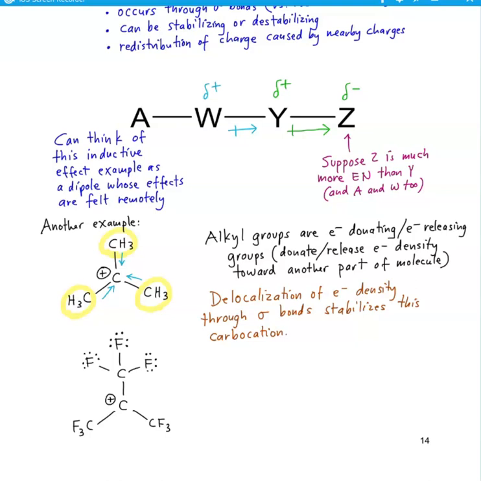Now, a little while ago, we remembered the fact that fluorine is the most electronegative element. So what that means is that in each of these carbon-fluorine bonds, you have dipoles because each of the fluorines is pulling electron density toward itself. So each of the fluorines has a partial negative charge, and that carbon, because it's having electron density pulled away from it by those 3 fluorine atoms, has a significant amount of partial positive charge. Let's call it partial plus plus plus. That's not really a thing. You're not going to see partial charges denoted with more than 1 plus. But I'm putting that there to emphasize the fact that a lot of electron density is being pulled away from